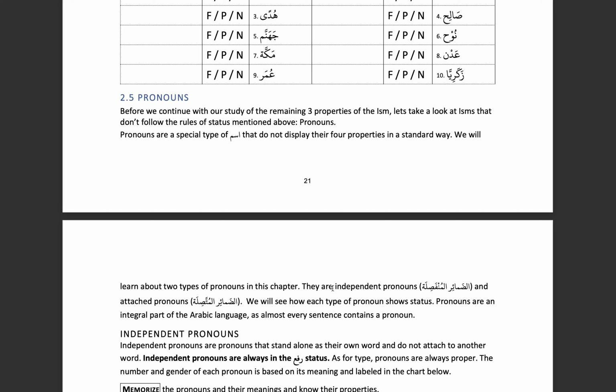Then the original forms are normally in the raf' form, so you always have them as such. But the attached form of the pronoun can either be in nasb or jarr. So how do you know if it is in nasb or in jarr form? You just have to check the situation. There are two conditions where it can become jarr. For example, when it is preceded by a harf jarr, that is very obvious. So for example, you say ilayka, because ila, 'anka, minka, all these are harf jarr. So in that sense, the ka there, which is an attached pronoun, is actually